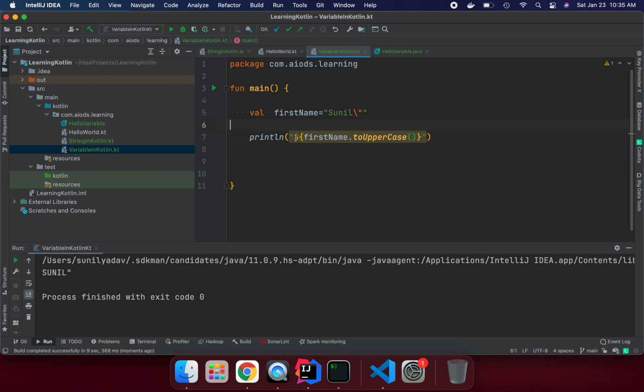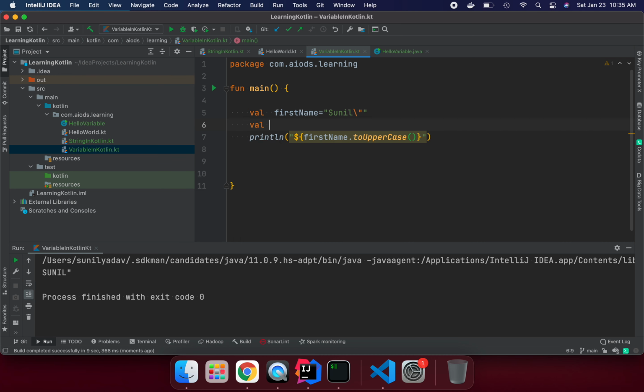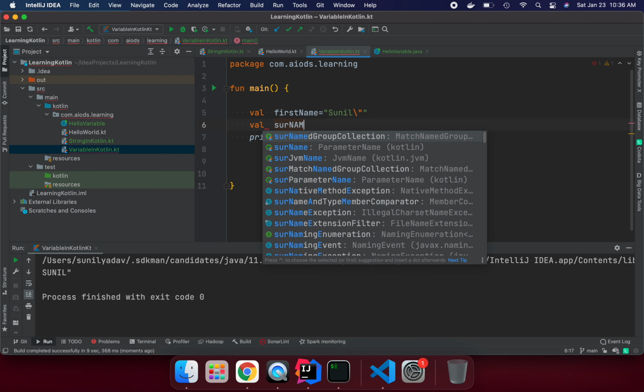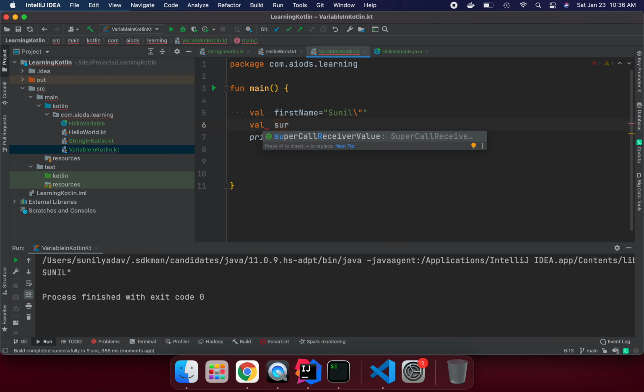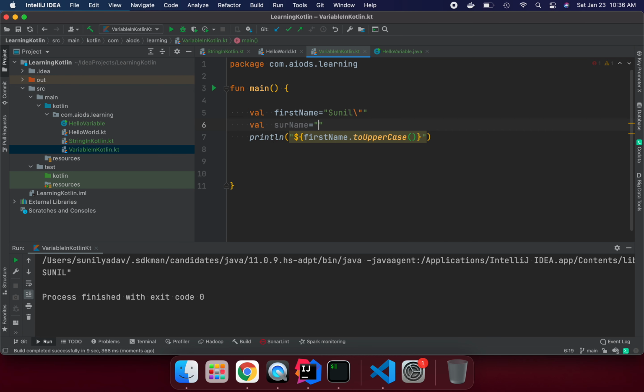And if we want to concatenate two strings together, we can also do it. Simple, we can put it here. Suppose I am saying val. Generally we must use val because we always need to create immutable references. Surname.